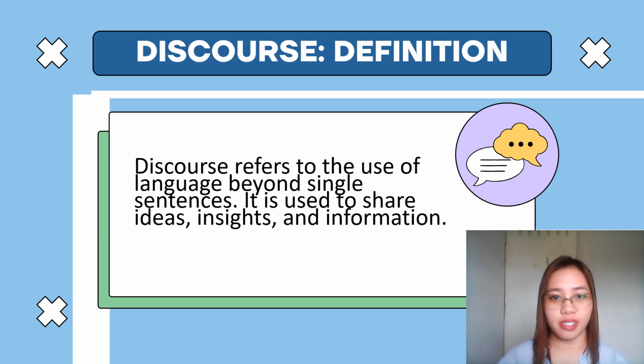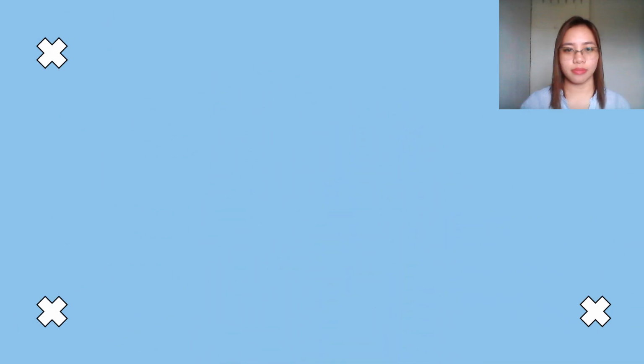One example of discourse is a debate where participants discuss different viewpoints on social issues, presenting arguments and counter arguments. Another is a classroom discussion where students share their thoughts. For example, a book they read is an example of discourse. In a discourse, a language is used, may it be the mother tongue, first language, or second language.